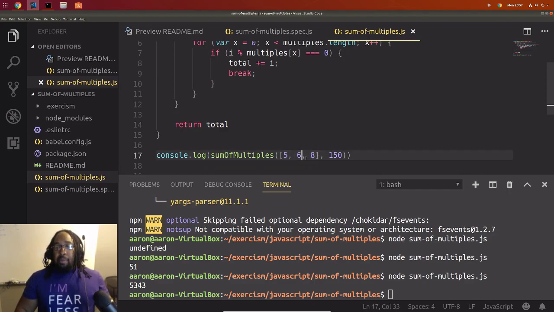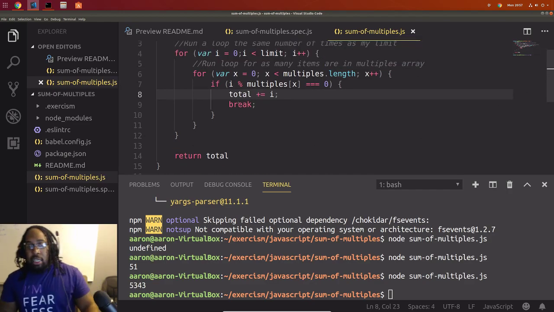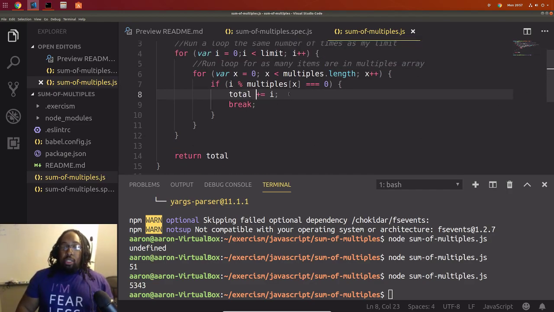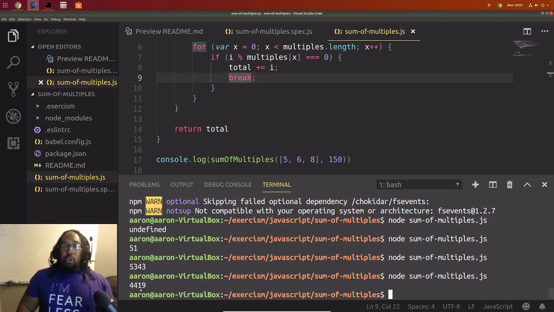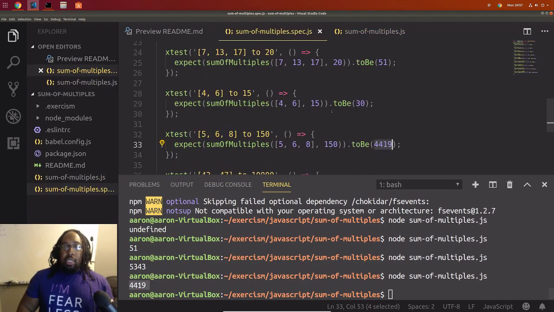And this becomes pertinent on, again, the number 30. If it looped through, caught a match for 5, and we let it keep going, it will add 30 to our total, and then it would go over to 6 and add 30 again to our total. So adding in that break allows us to exit this loop. A break allows you to exit a loop once a condition is met. And so once this condition is met, we will add a break to it. And let's go ahead and run this again. 4,419, which is exactly what we wanted.